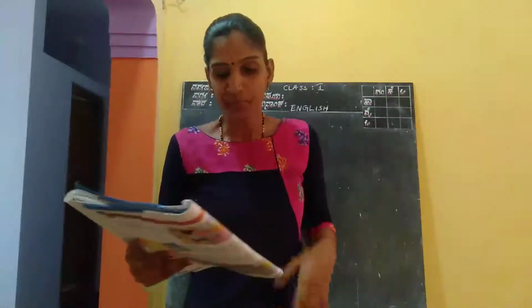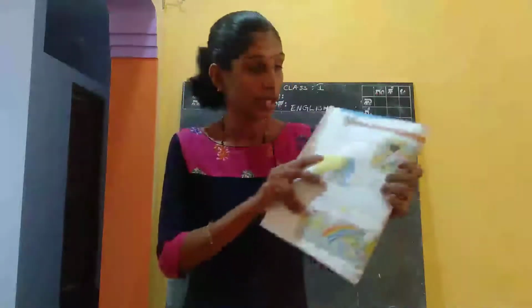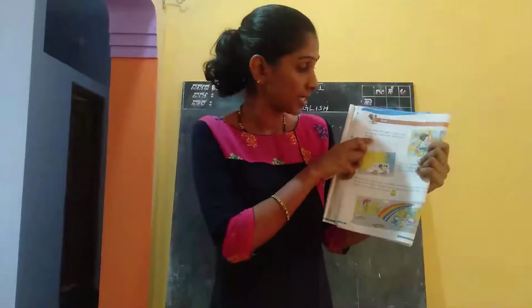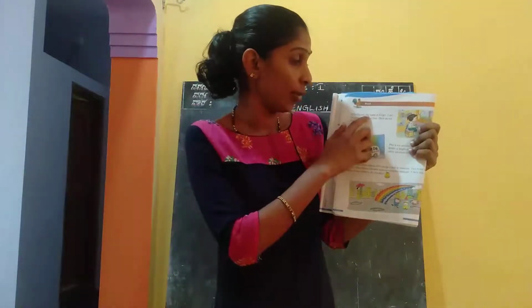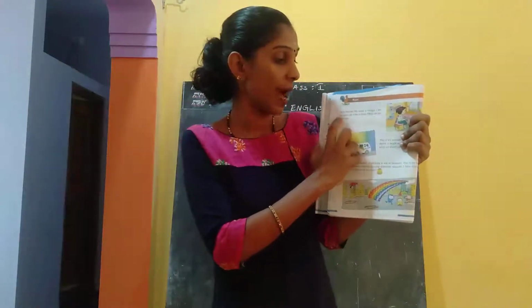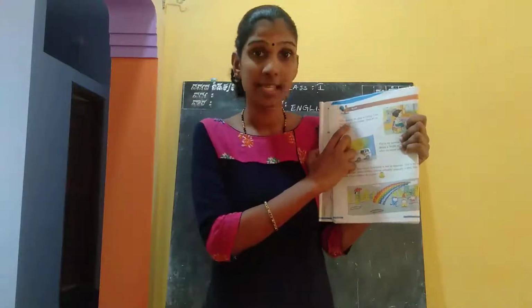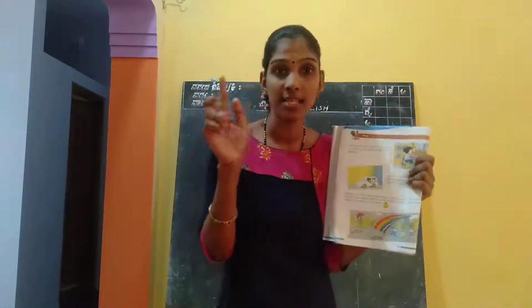Okay. See, one more activity we are going to do. How old is Gulgul? Answer these questions in one word. You have to write in one word. How old is Gulgul? In the first paragraph it is there. Say hello friends, my name is Gulgul. I am 6 years old. How old is Gulgul? 6 years. You can write there 6 years.